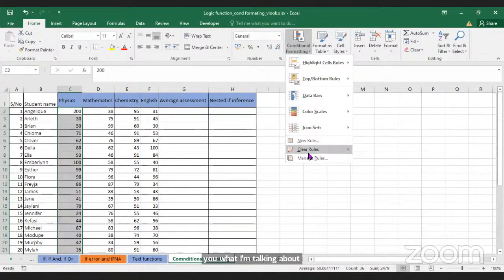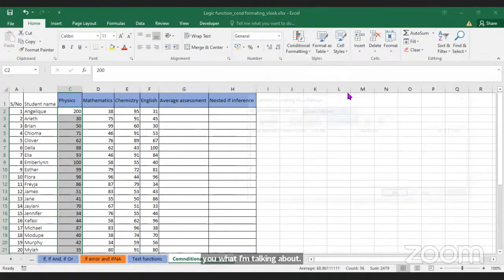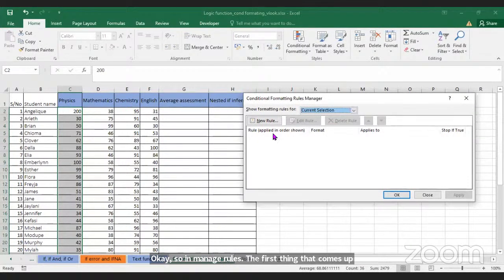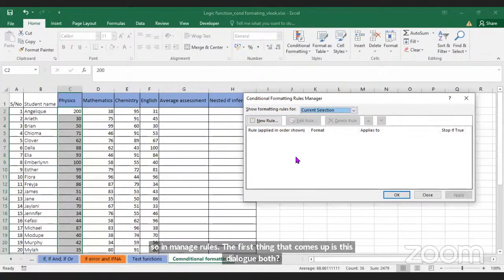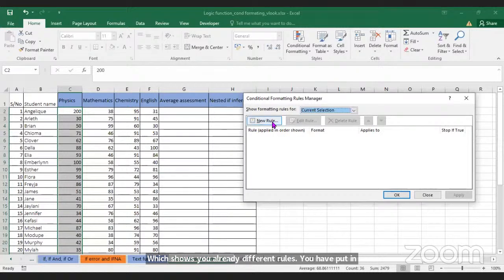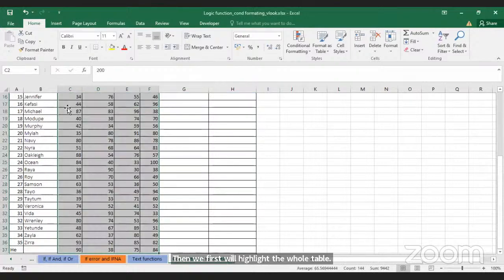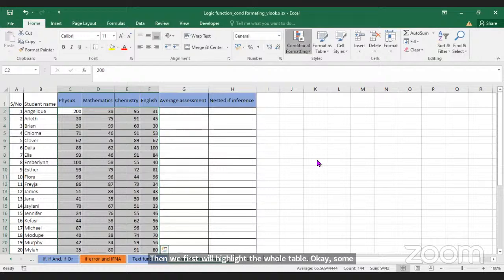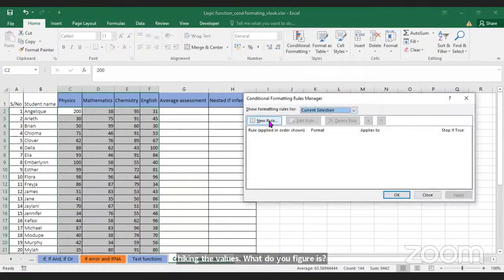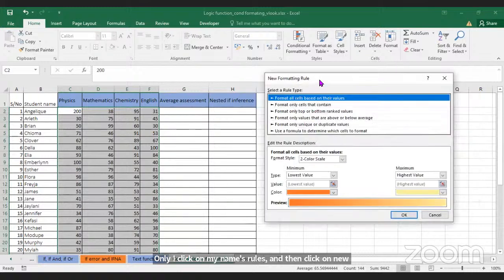Okay, so in manage rules, the first thing that comes up is this dialog box, which shows you all the different rules you have set in place. Let me first highlight the whole table, the values and figures only. I click on manage rules and then click on new rule. Notice that this dialog box that opens up is the same one that we saw at the beginning, and I had explained this first rule to you. That's with the